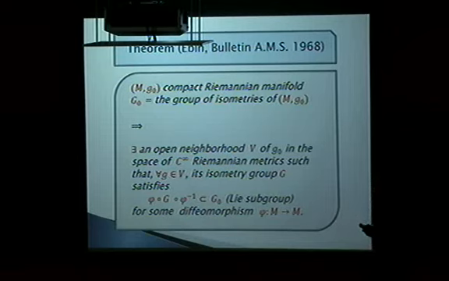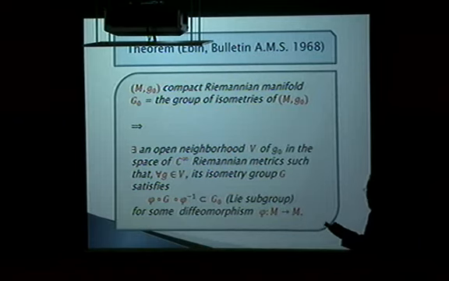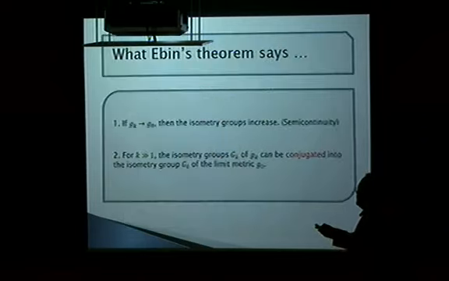The way he organizes the theorem is in this way. Let's look at a compact Riemannian manifold, so a compact smooth manifold. Instead of discussing the convergence of Riemannian manifolds, we can do that in some smooth sense. Let us discuss in this way. Let's fix the underlying smooth manifold, a compact smooth manifold, and then we think about the sequence of,